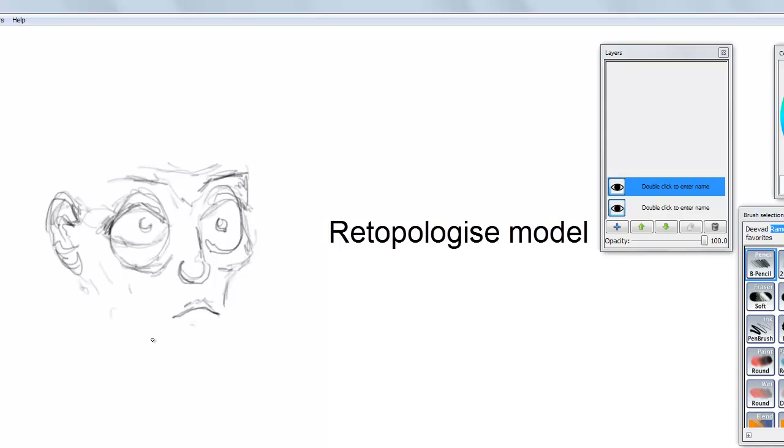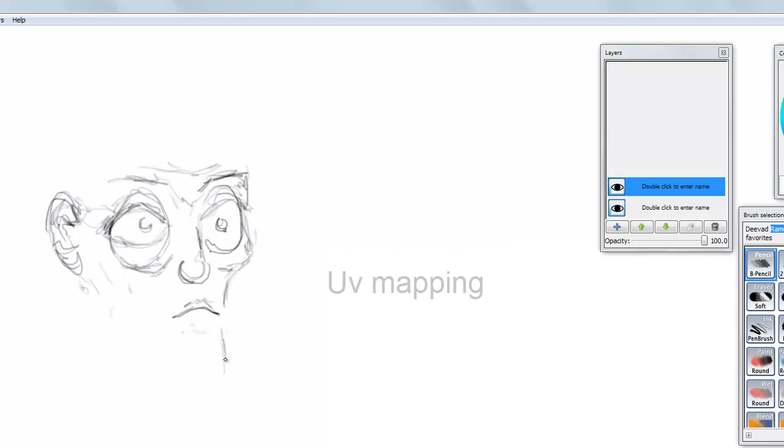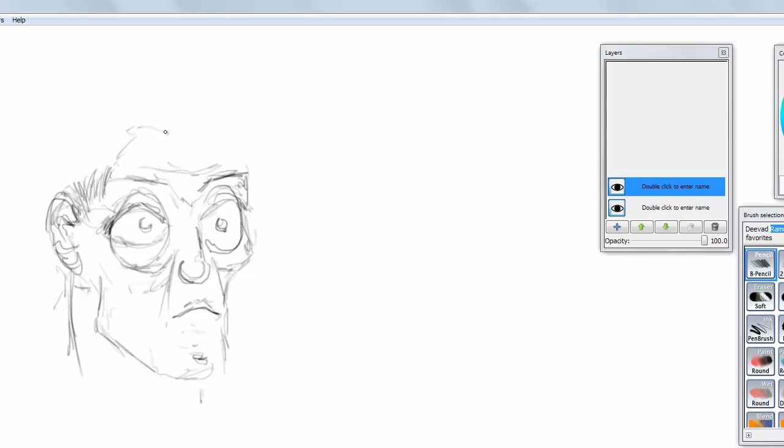We're then going to bring it back into ZBrush and use the UV Master tool to organize the UV mapping for the character's face. And again, if we were doing the full body, which we possibly will, using some of the tools that we have, when we do the initial sculpt, we might actually make a full body, but base it off of, say, the average man or something like that, just because it's already there, it's already built for us. So after the UV mapping, we'll move on to texturing